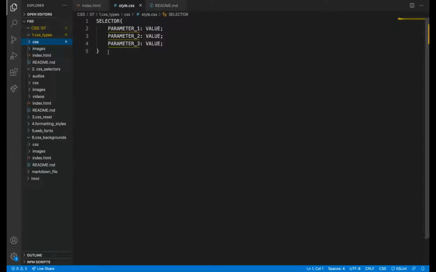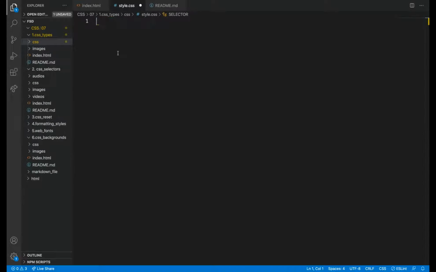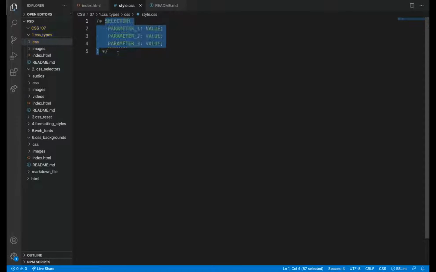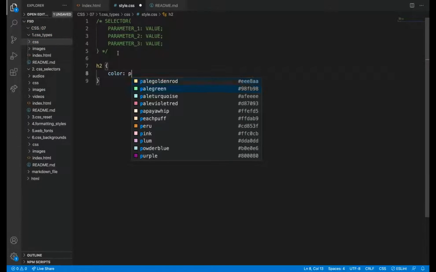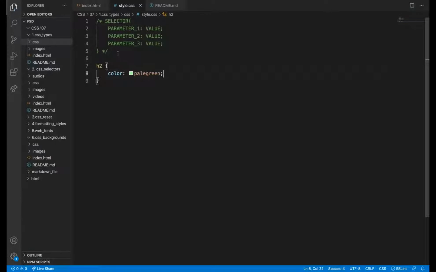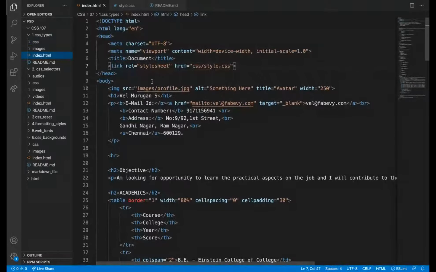Okay, for now I'll remove this. Other than that, I'll comment it. So I'm going to write color pale green. So I have written the same styles here, but in a separate file, keeping it as a separate file externally, and then I am accessing it through the index.html file.